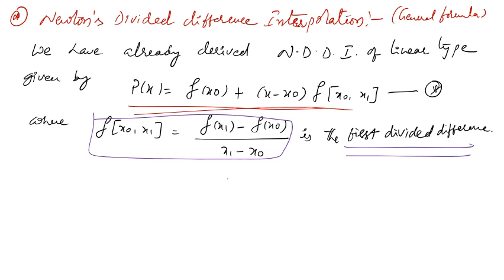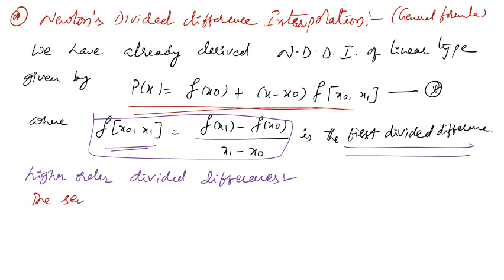Now to generalize means we have to find more number of points, n plus 1 points. If we have taken, then I have to derive nth degree Newton's divided difference interpolating polynomial. Now let us see. Now to get higher order differences, higher order divided differences, this is the first order divided difference. Let us take higher order divided difference. What is that? The second divided difference is given by